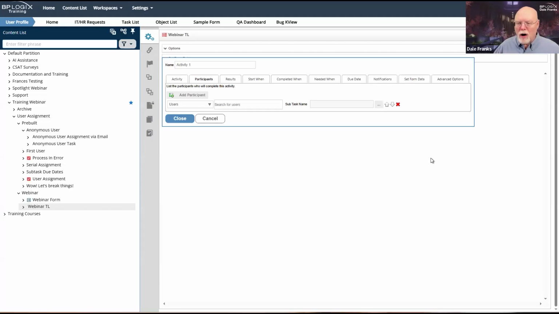Then it is going to go into every running activity instance where they are assigned a task. And if they're assigned a task in that running activity, it's going to replace them there as well.